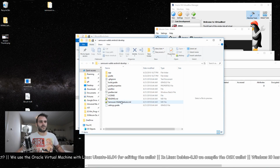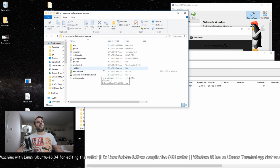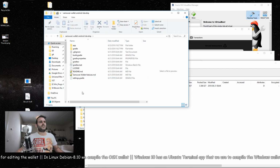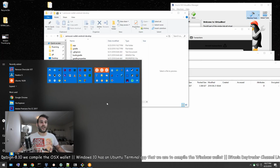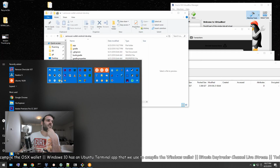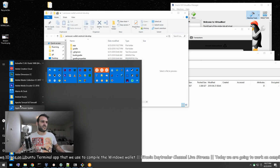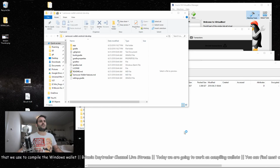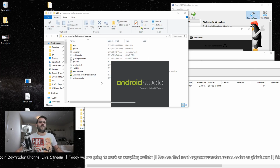Samurai wallet features. Okay, it is with Gradles and stuff. So I think in order for me to actually be able to easily navigate within this app, I should open it in the Android SDK. And I don't know if I have installed it yet on this PC. Android Studio. Okay, I do have Android Studio installed. So I should load it into the Android Studio and check it out later,